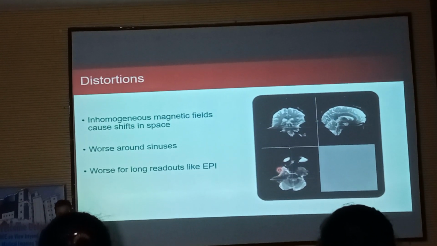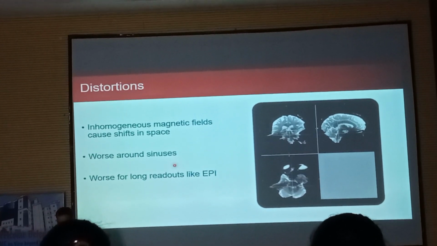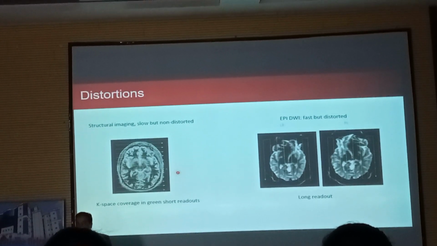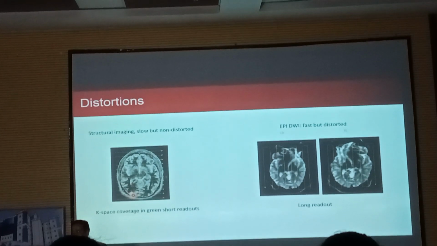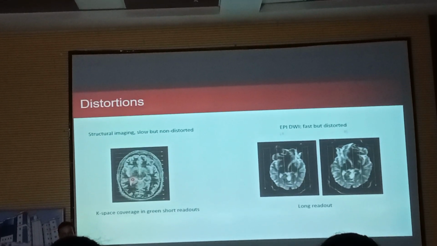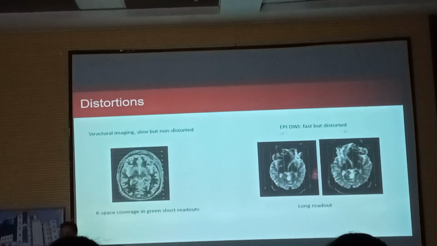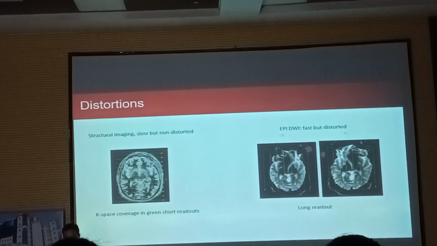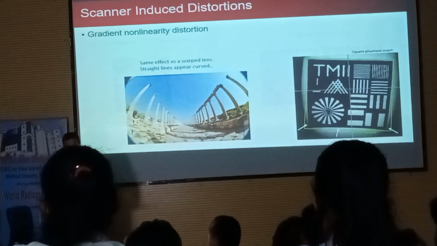We can have a lot of distortion in MRI images, around sinuses, and for long readouts like PWI or echoplanar imaging. If you are acquiring Cartesian K-space, just line by line data, or simple T1 and T2 images, we don't have distortion. Basically most of the time it's non-distorted images. However, if you are using PWI or DTI images, we use the fast gradient and we can see a lot of distortion because of long readout and higher gradient strength.